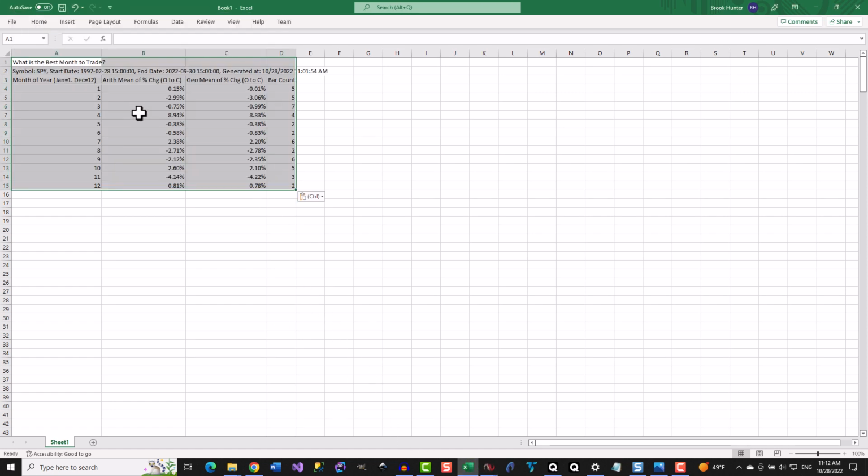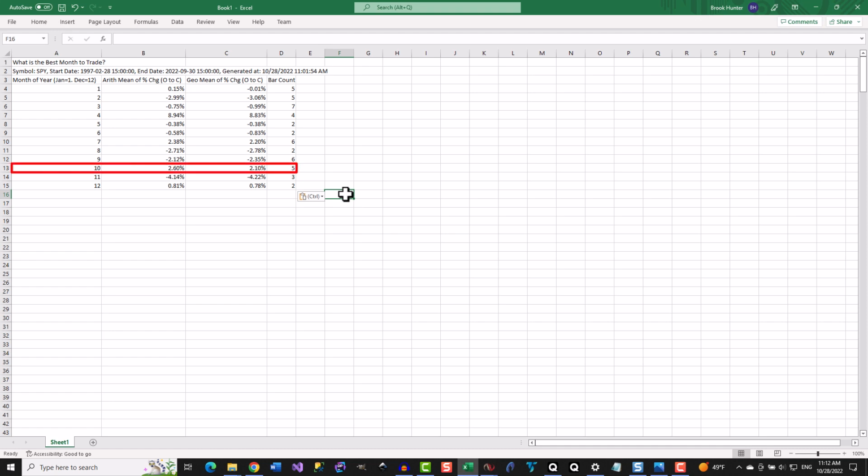Right away, two things relevant to our hypothetical trading scenario stand out. First, it turns out that of the 5 October monthly bars between October 1997 and October 2021 that also occurred after market conditions similar to the current market conditions that we are experiencing now at the close of the September 2022 bar, the average percentage change from the October monthly bar's open price to its close price is over 2%.